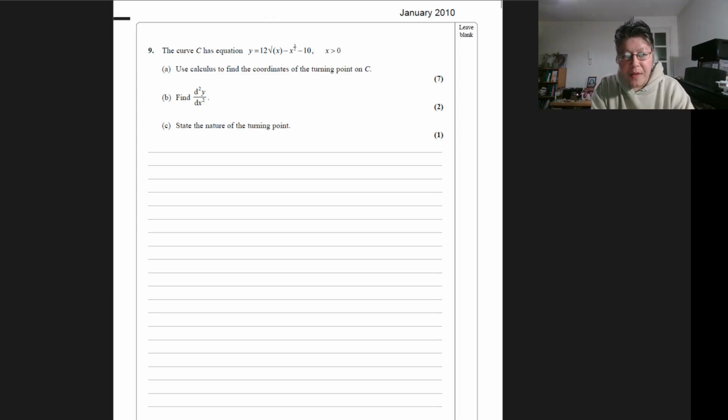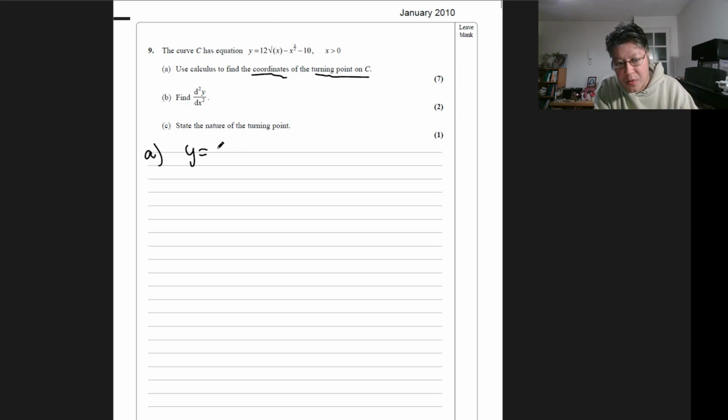Okay, so in this question, we're given a curve, y equals 12 root x minus x to the 3 over 2 minus 10. And we need to work out the coordinates of the turning point. So we'll be using differentiation for that. So part A,